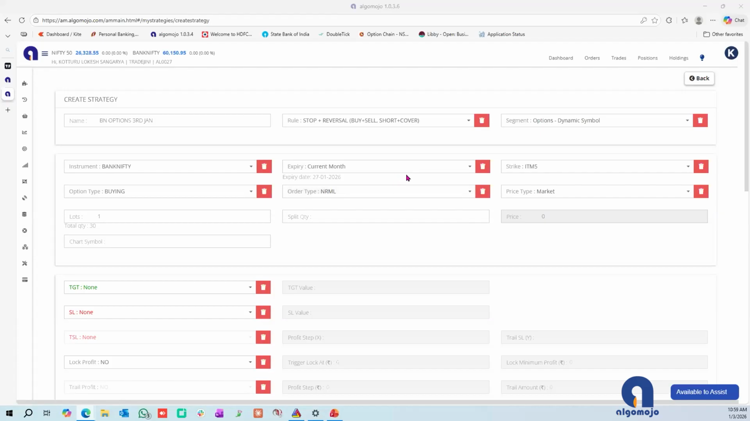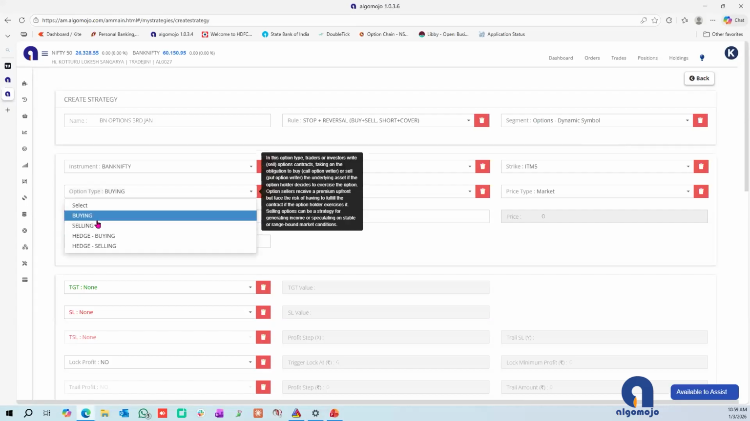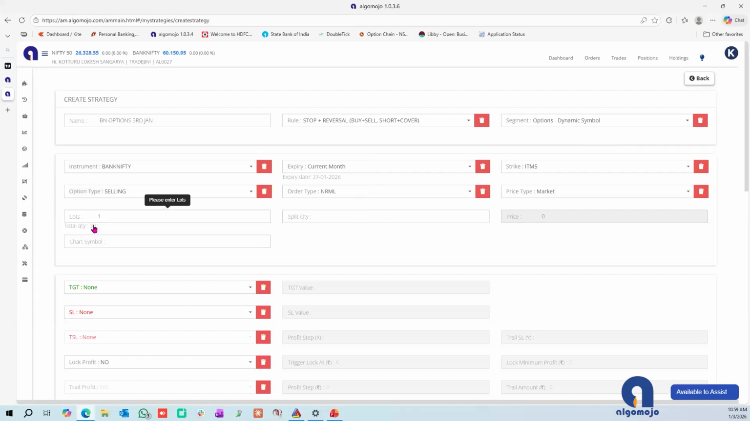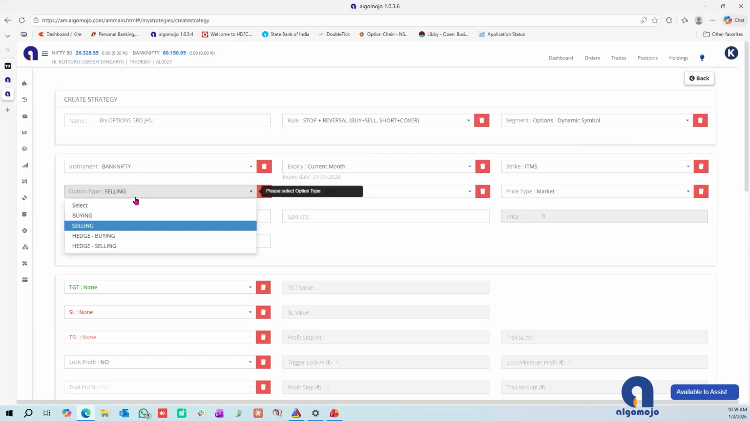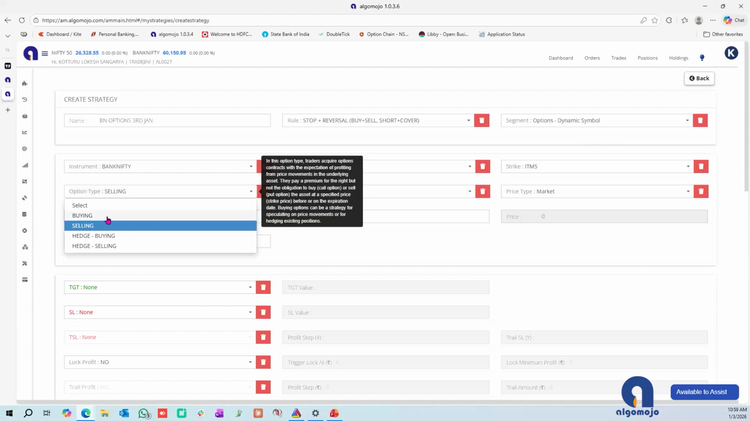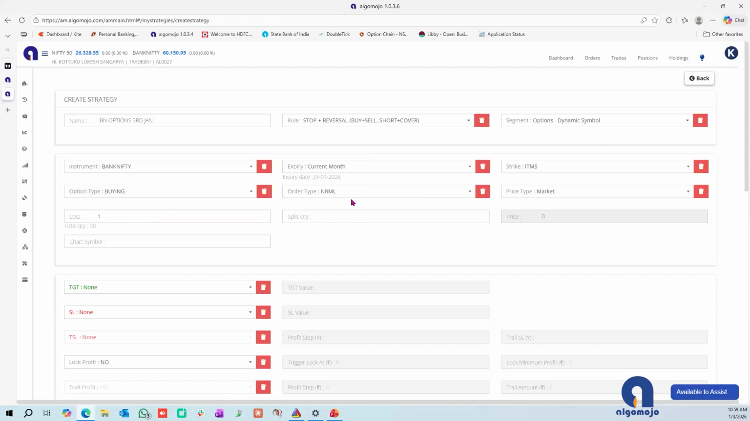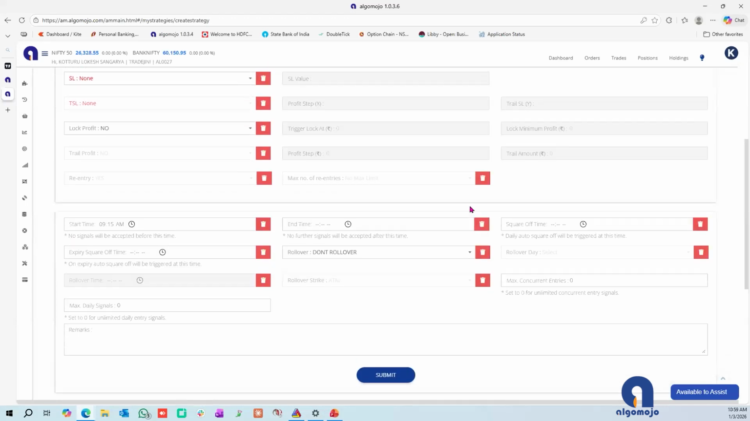So you can select the ITM 5, and then in case you want to buy, by default it is set to buying. In case you want to write an option, you can select selling. So when a buy comes, PE will be written, and if a sell comes, a CE will be written. So depending on whether you want to buy or sell, you can select from here. And whether it is MIS, NRML, you can do that selection from here. And once these basic details are updated, you can save the strategy